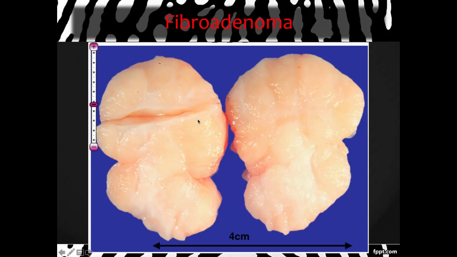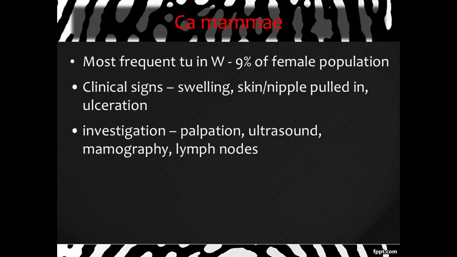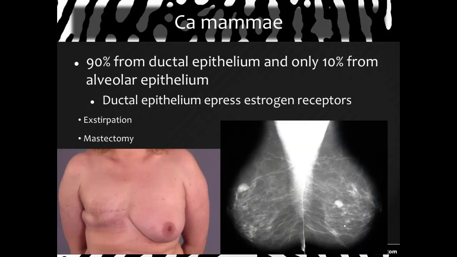It's benign tumor called the fibroadenoma, but also you know that the carcinomas are pretty common, pretty frequent in women. It affects about 9% of female population. It's pretty high. It's the most common carcinoma in female population. You already know that we use mammograph and ultrasound to diagnose those tumors, and